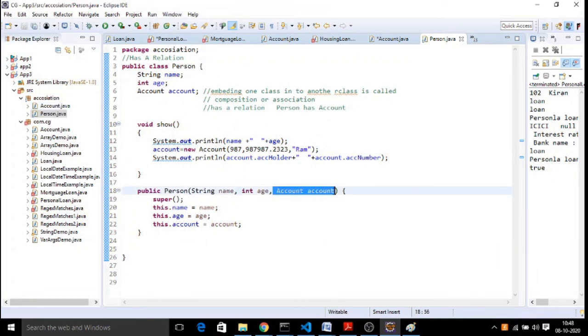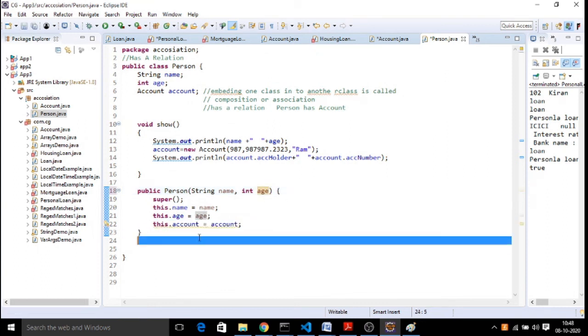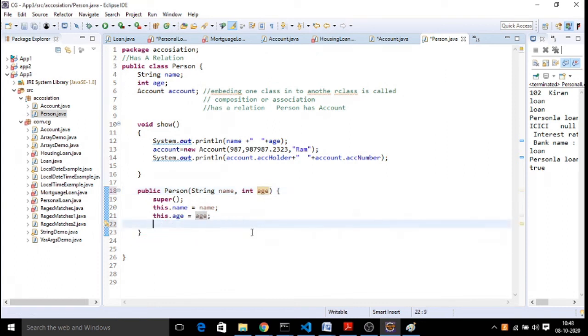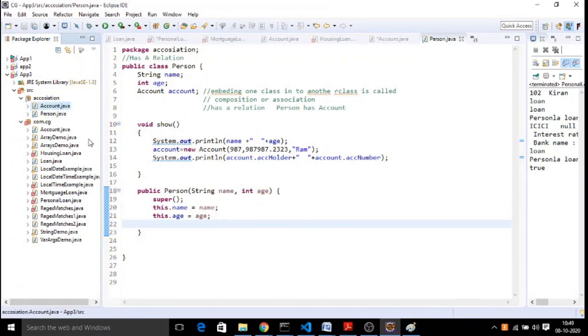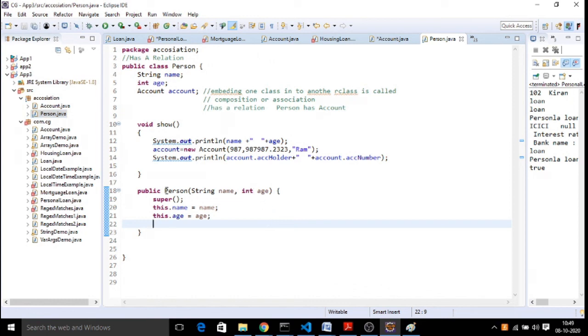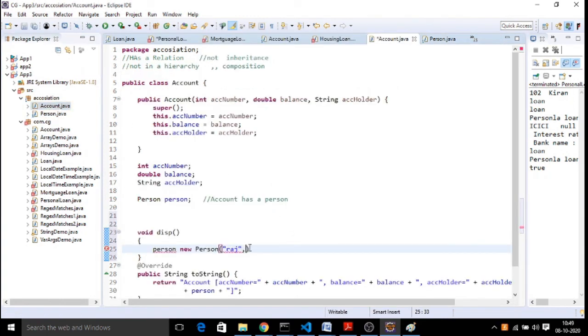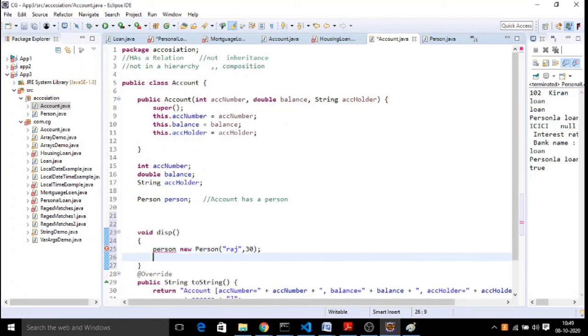As of now we don't give this, because account means the entire object we need to pass. Name and age we will give. So with name and age, you created a person object. Done. Now can you call something from your person class?